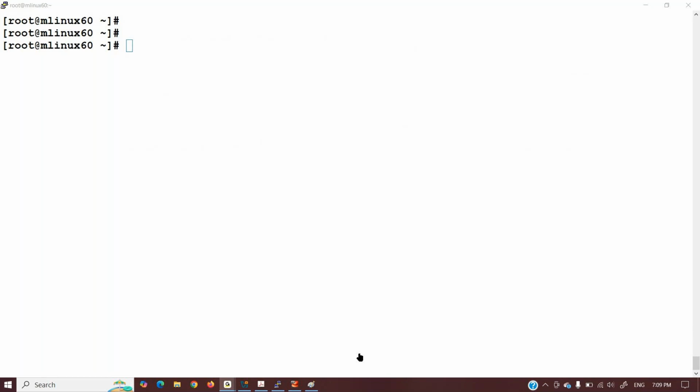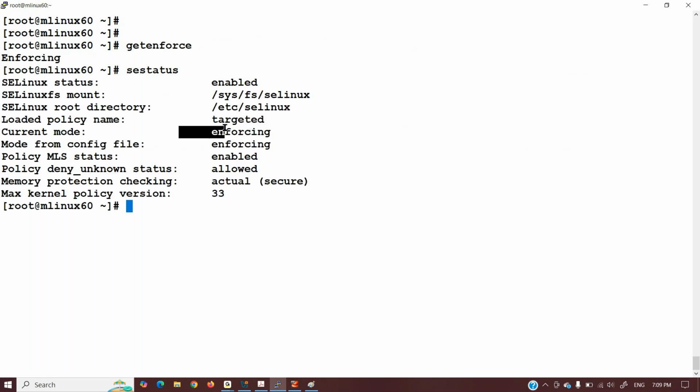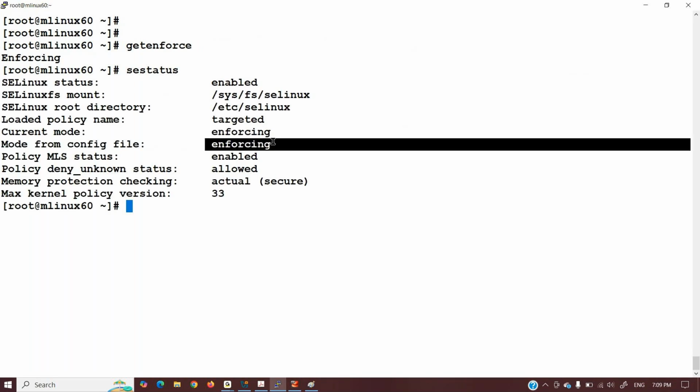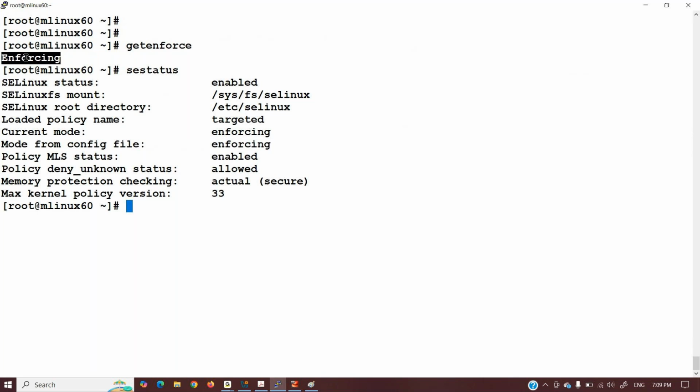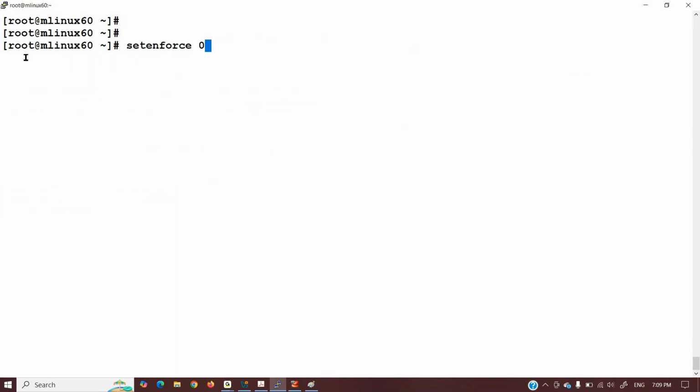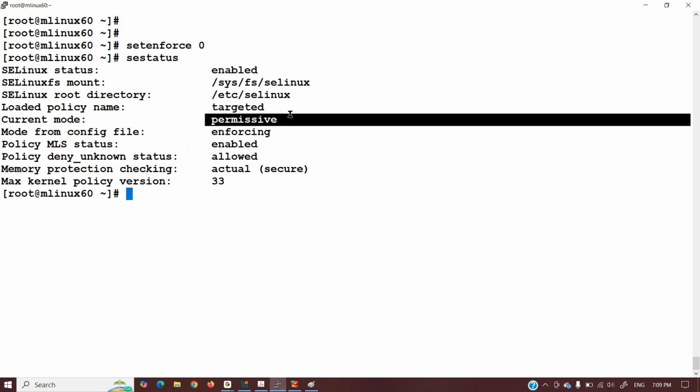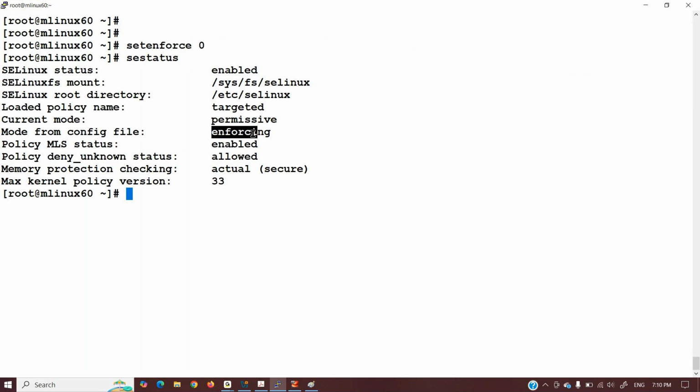Excellent. Now, the next thing we are going to do is change the mode. The last thing. See, we learned how to change the mode. getenforce will tell you enforcing or permissive, and sestatus will tell you current state and permanent state. So suppose I made it permissive. How do I make it permissive? setenforce 0. Shortcut. Now you see current state is permissive, but permanent state is still